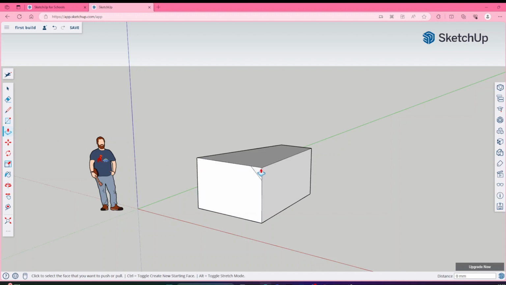I can then use my push-pull tool. And instead of adding, I can remove some material and create a more complex shape. So push-pull allows me to add depth. It also allows me to remove